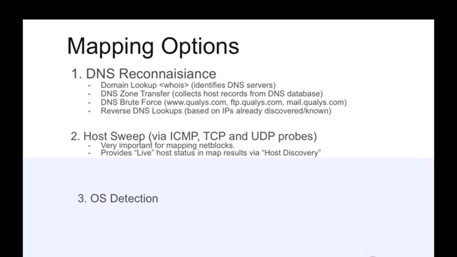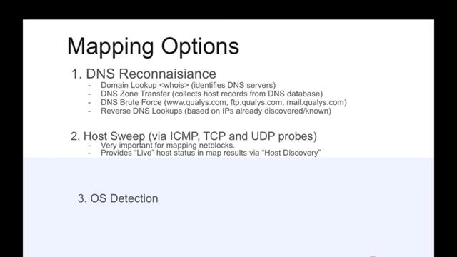Next, Qualys will perform a live host sweep, where it will ping and attempt to discover hosts on 13 common TCP ports and 6 UDP ports, which are configurable. A response on any port tells the mapping service that the IP address is alive and there's an actual host there. Finally, the service does an OS fingerprint during the map. It will give you a best guess as to what the operating system is on the host. It does this by investigating the time to live, maximum segment size, window size, and TCP options on those responses